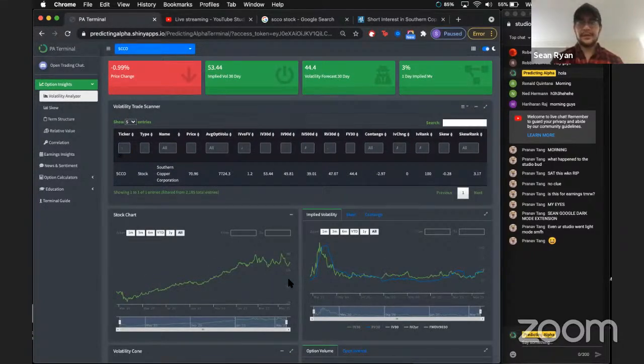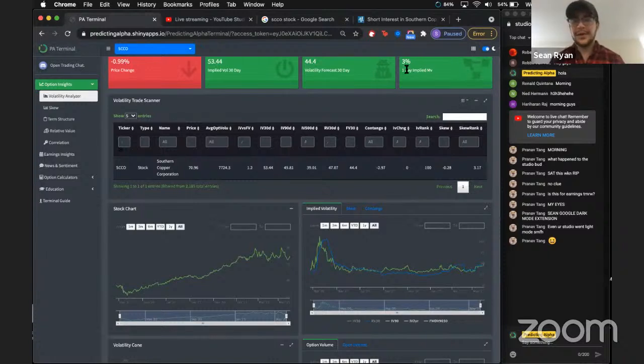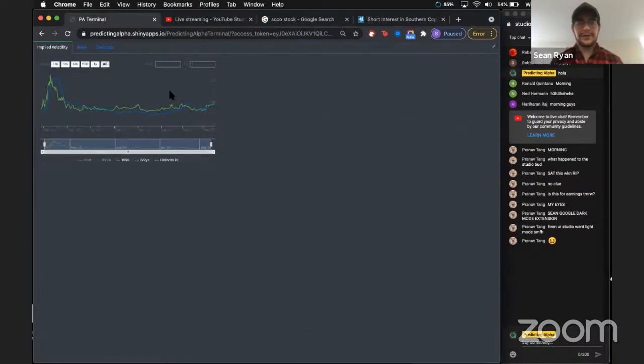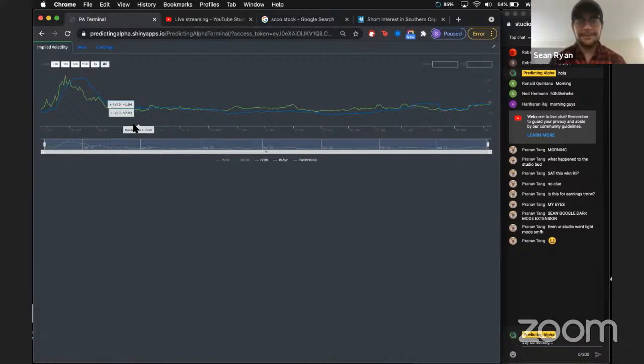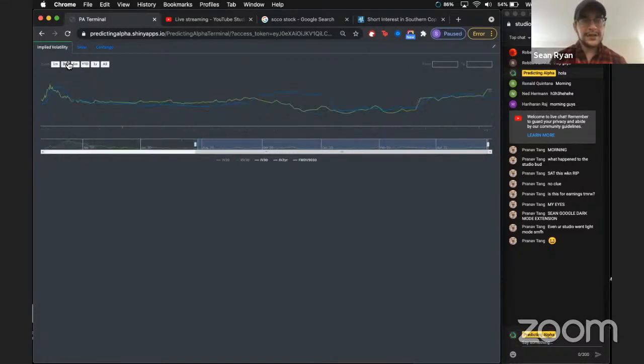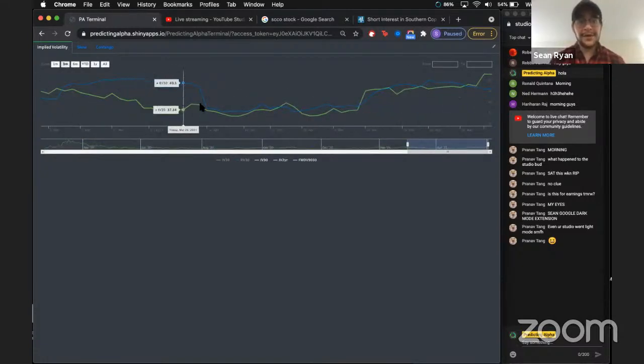Okay. Right. Stock's moved 1% today. The 1 day implied move is 3%. If we take a look at the implied vol 30 day versus the realized vol 30 day, see what it's looked like over the last 3 months. Okay, so we have had periods where the realized vol has been outpacing, right? Look at this. If the realized vol has been pretty high the last little while, maybe that in and of itself is what's caused this,